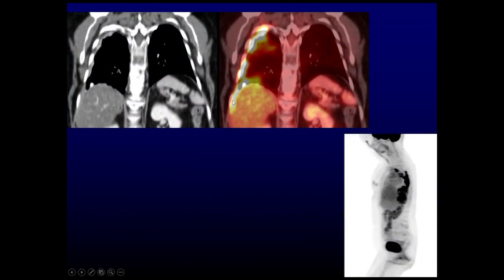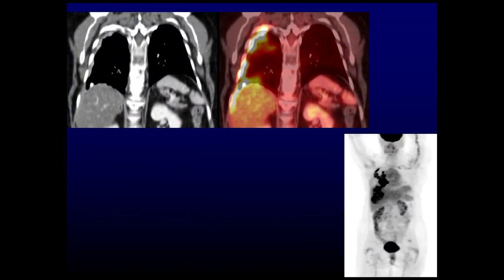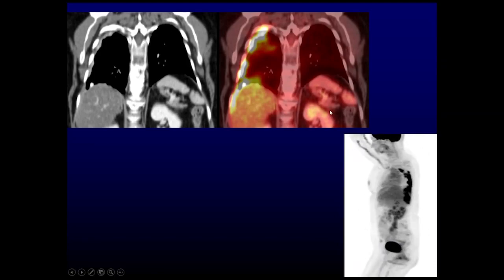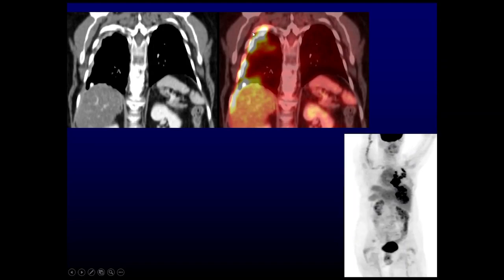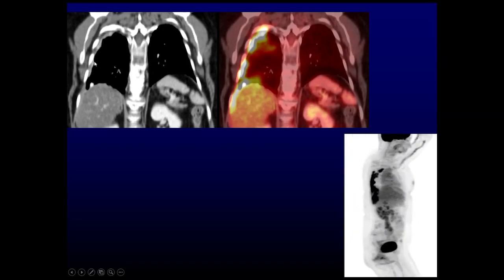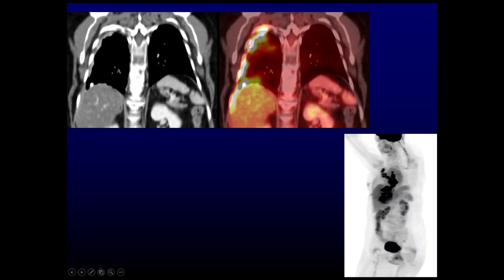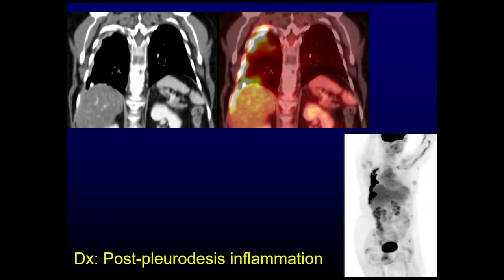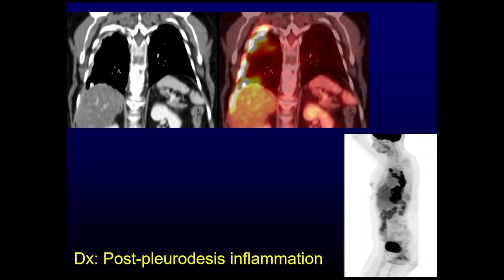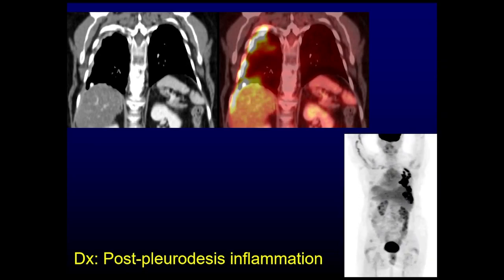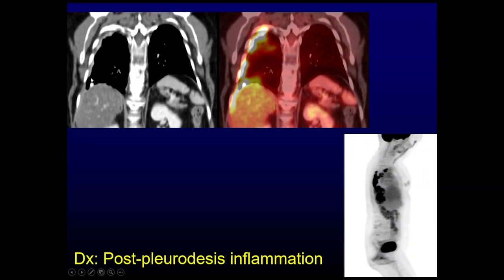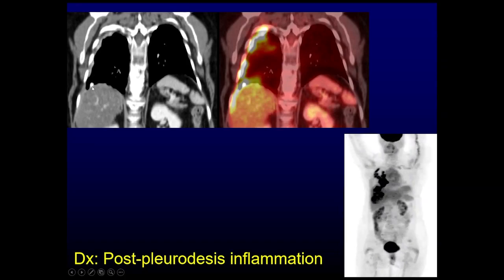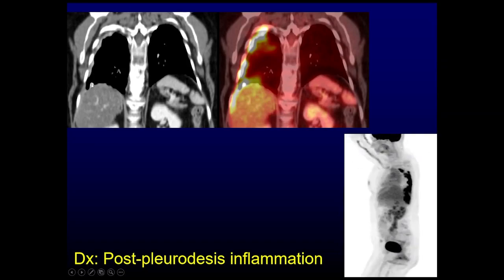For the pleura, an important comparison between something benign and malignant in the pleura. Here is FDG avidity in the pleura, but on the comparison we can see this high attenuation within the pleura. This is the talc from talc pleurodesis, and this may remain FDG avid for many years, or even the extent of the patient's life. So the high attenuation talc on the CT images demonstrates that this is benign, almost certainly benign post-pleurodesis inflammation,